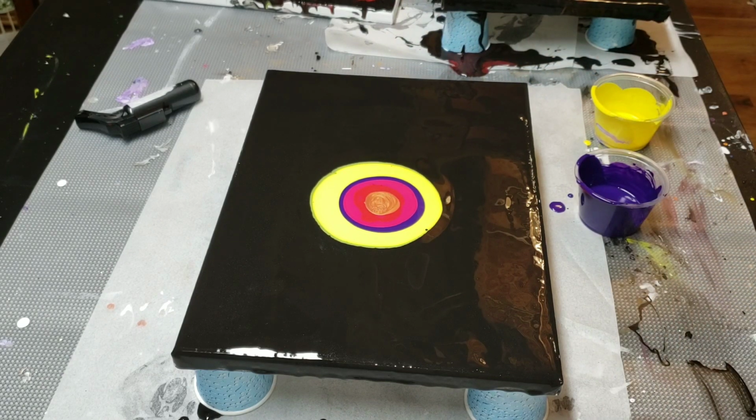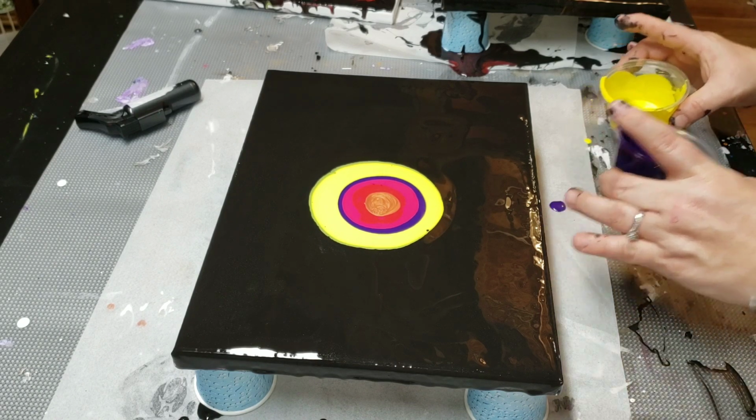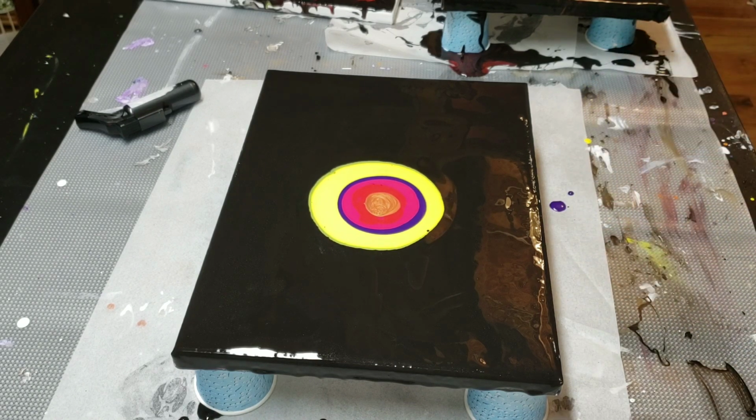And we're going to go ahead and blow it out. Just removing all things paint, because if I blow out the...